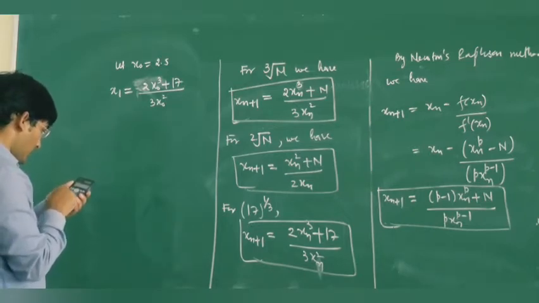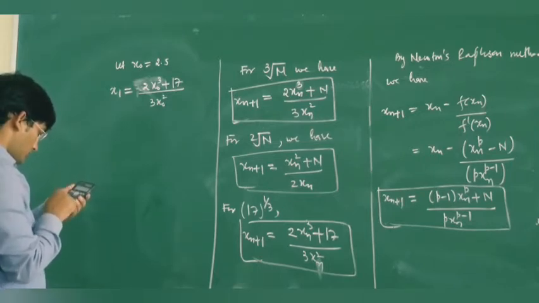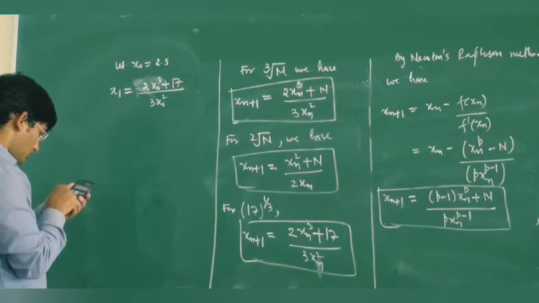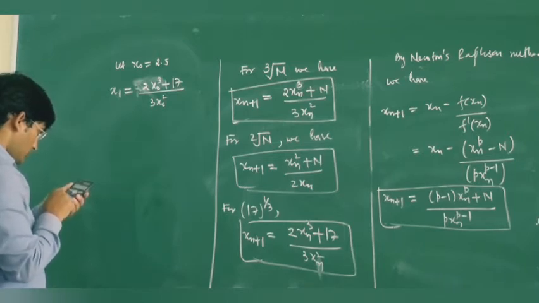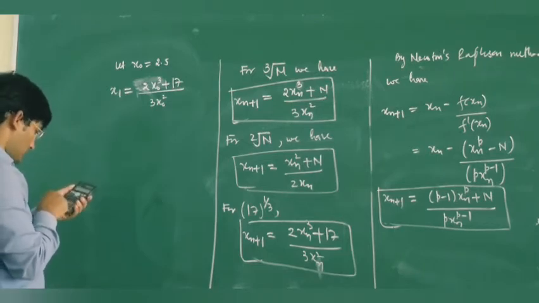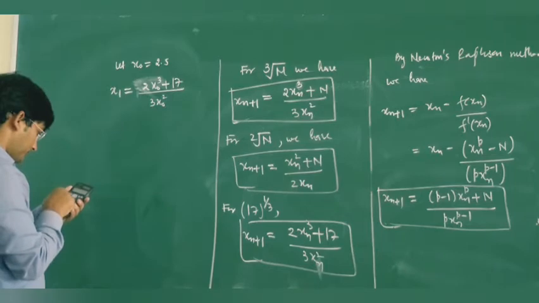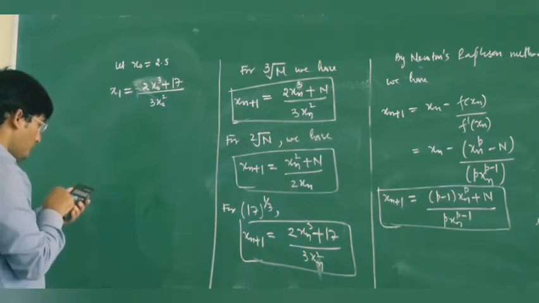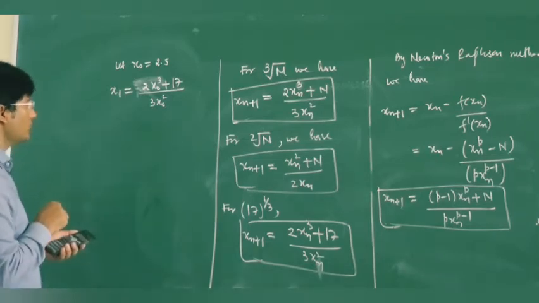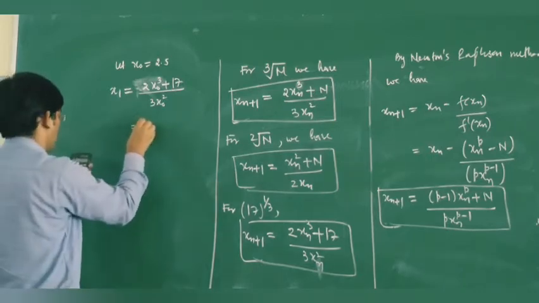In the numerator we will have x cube, so we have 2x cube plus 17 divided by 3x square. Now if you put x naught as 2.5, then this is equal to